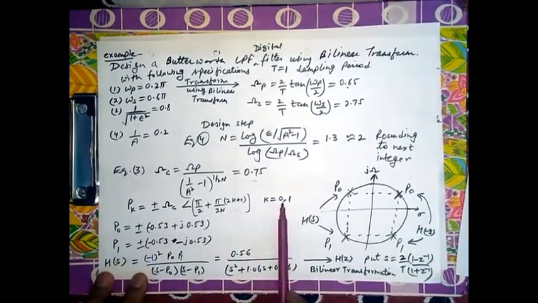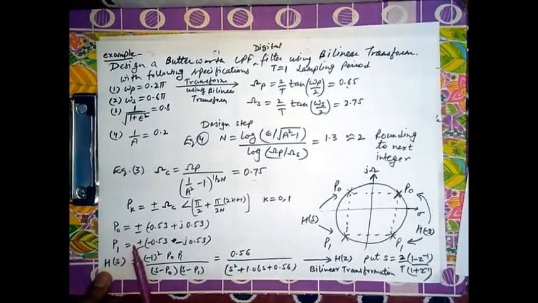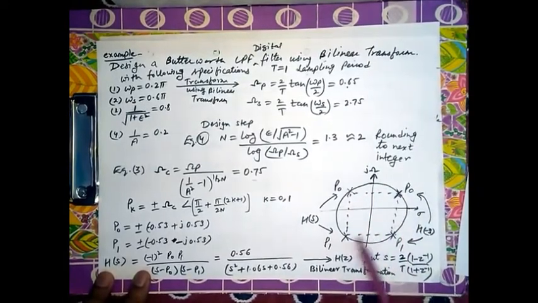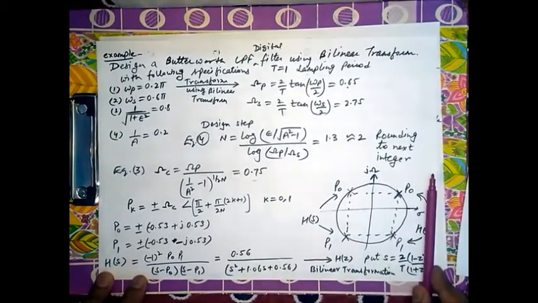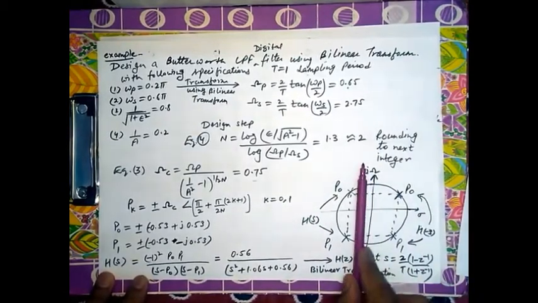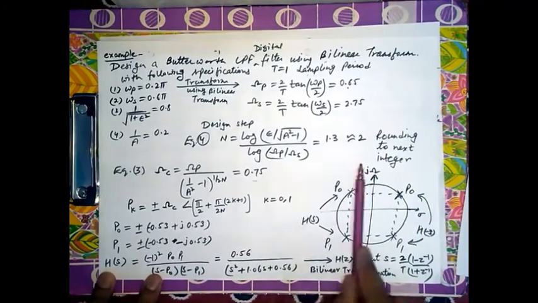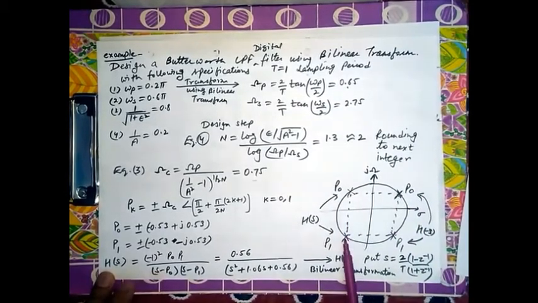Now finding the values for k equal to 0 and 1, we have these four poles, and we can plot these poles on the complex plane: P0, P1, P0, P1. These are complex conjugate poles, and two are on the left side, two are on the right side. As per Butterworth theory, we should take only the left half plane poles, not the right half poles. So we will discard these poles and consider only P0 and P1.